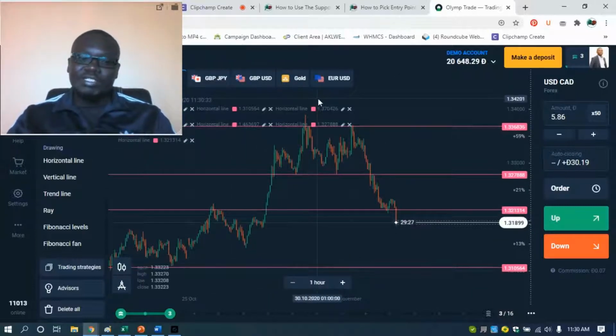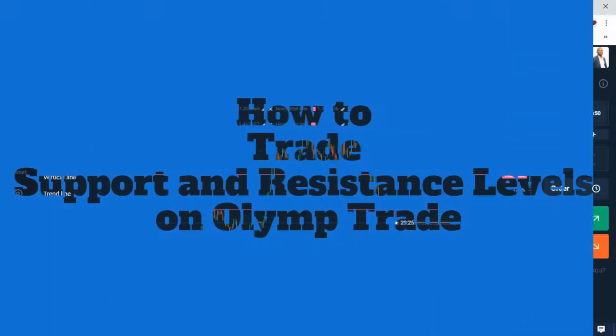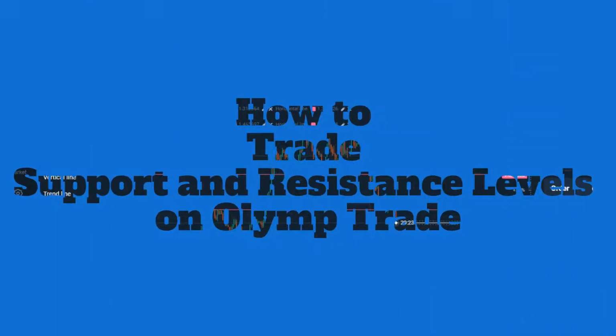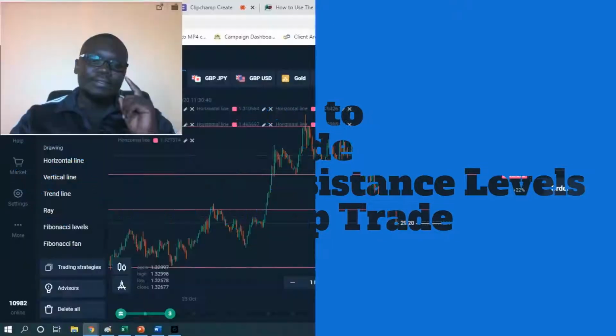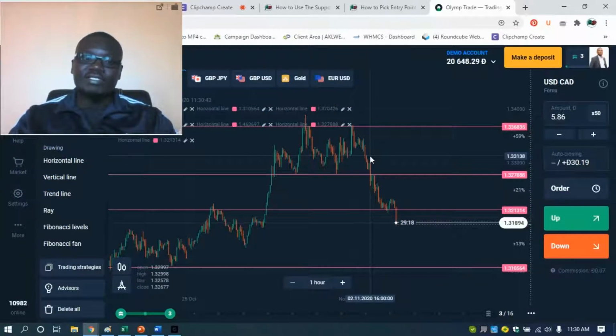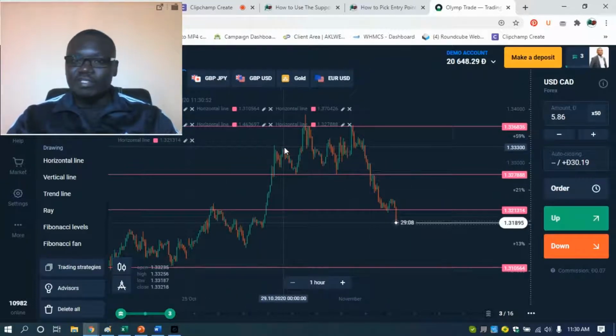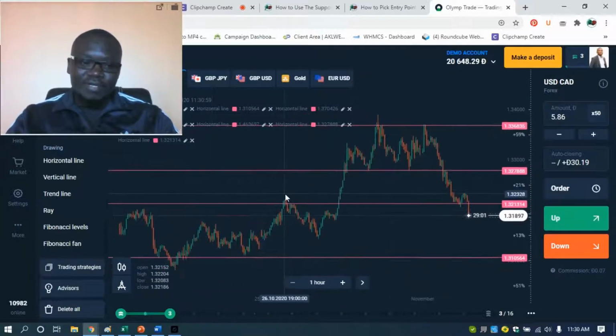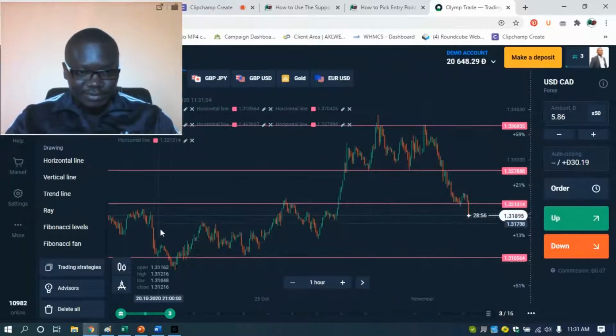When you're trading support and resistance levels on Olymp Trade, you want to look at two things. One, you can trade support and resistance levels as breakouts, or two, you can trade them as bounces. It is a concept that we've already discussed in our previous videos when we were doing the 1 minute strategy for Bollinger Bands. We can still talk about it again. There is no harm in doing that. So as we'd mentioned before,